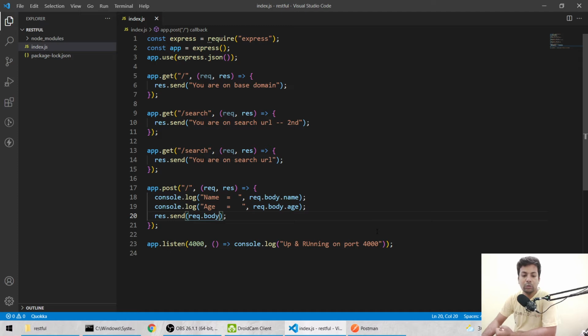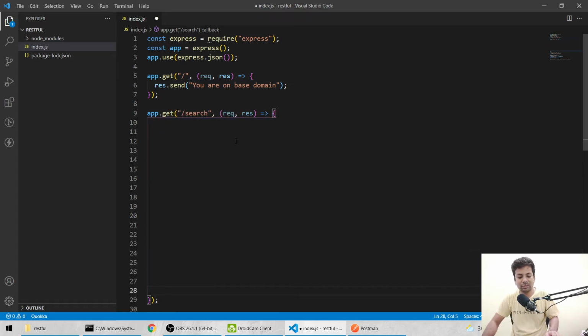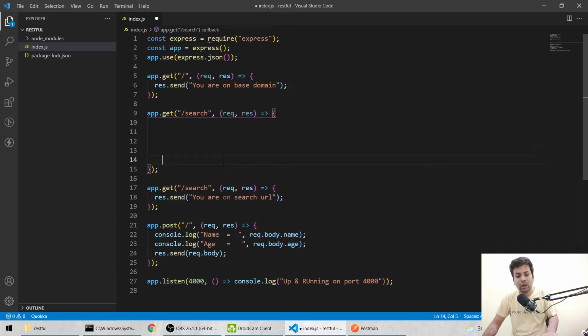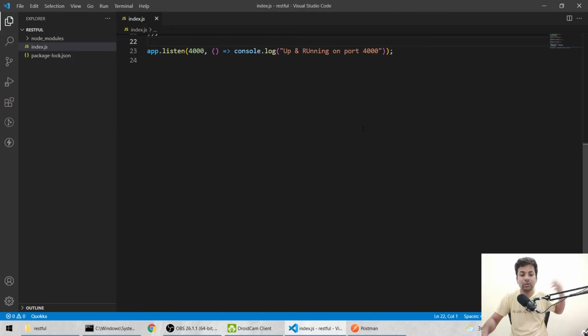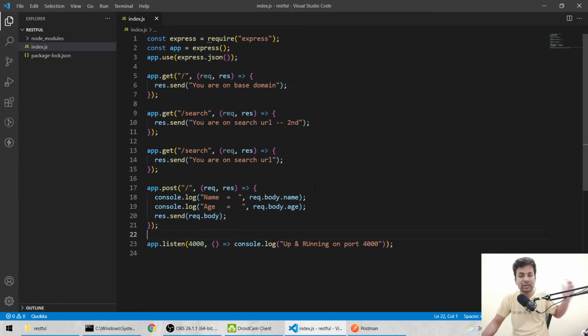But there is one problem. Suppose you have 15 APIs, but normally APIs are not this small, they are this big, and we have to write so much code in a single API. Suppose you have a lot of data, and you have to write everything in one page, then you'll get confused searching for where the search API is, where that API is. So for that we use a router, so we can put every API in a separate page and locate it easily.